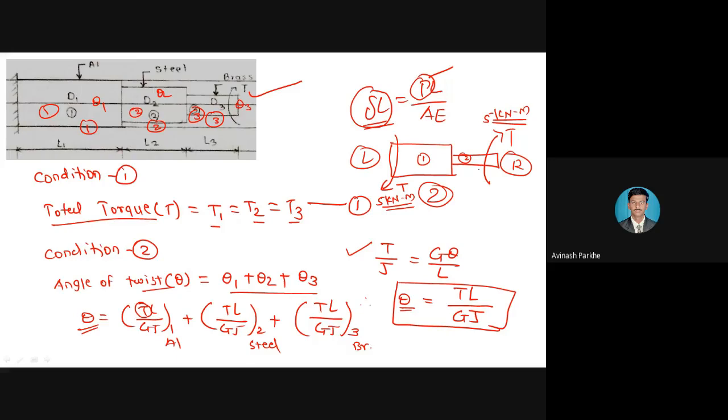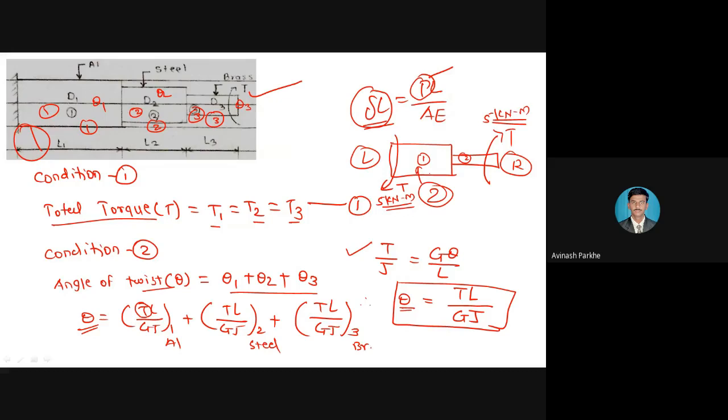If the shaft is not under torsion, it is very difficult to calculate the shear stresses in each material or each shaft, and it is also not possible to calculate the total angle of twist. So like that, figure number 1 is under torsion, and figure number 2 is also under torsion. This is the basic idea, or the basic concept, related to composite shafts, in which the shafts are connected in series. So once again I will repeat the definition.